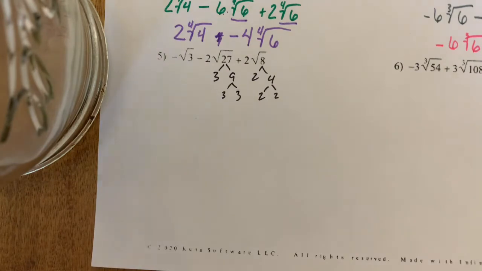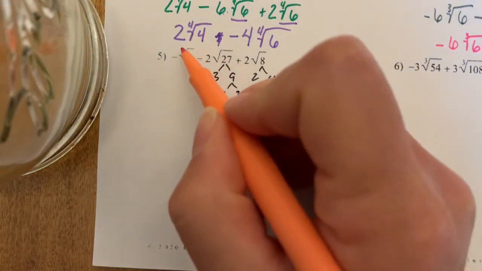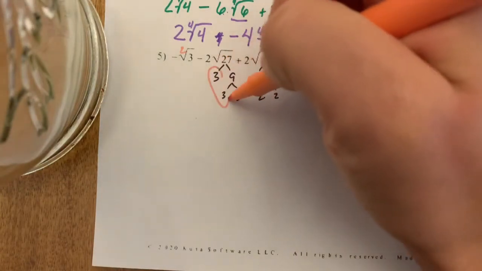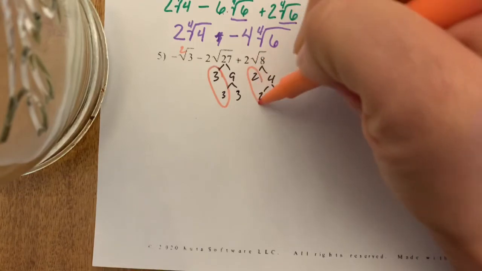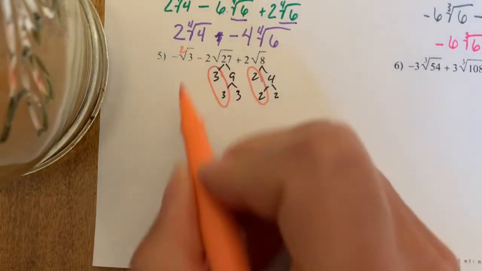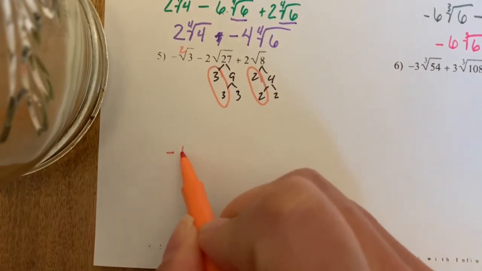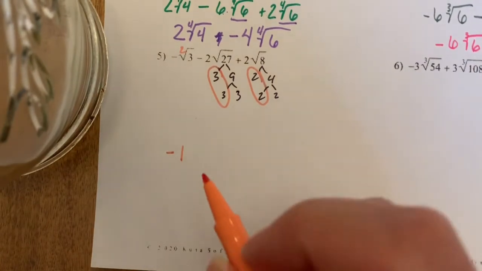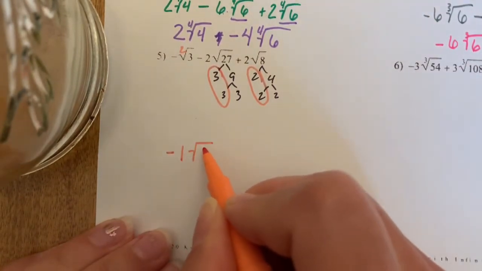Remember, when there's no number with my square root, that means it's 2, which means that I have to circle groups of 2. So I'm going to circle groups of 2 that are exactly the same. Now, let's simplify this. I can't do anything with this, so it still stays negative. I'm going to put a 1 in there. Remember, when there's not a number up front, we can assume that it's a 1. Negative 1 square root of 3